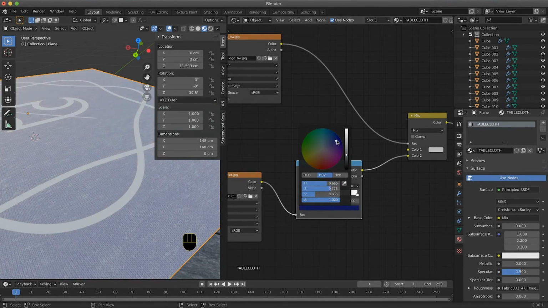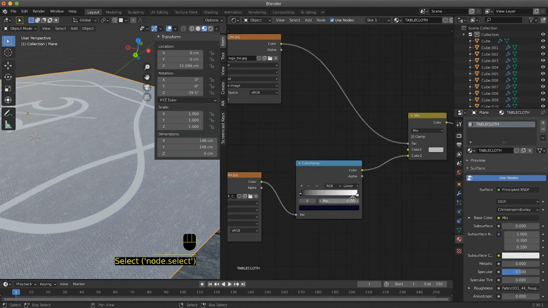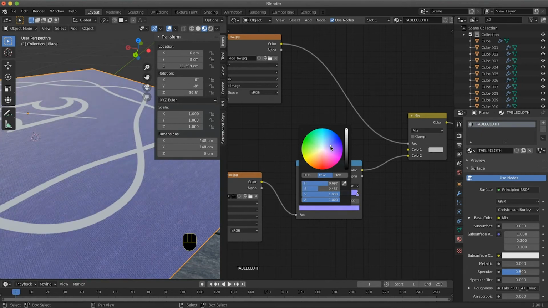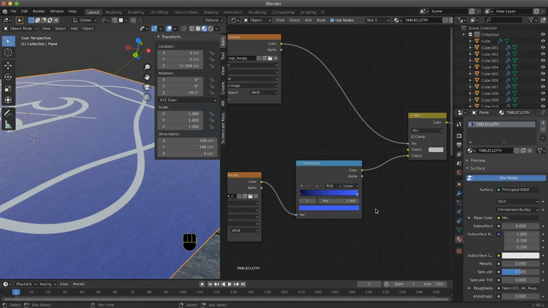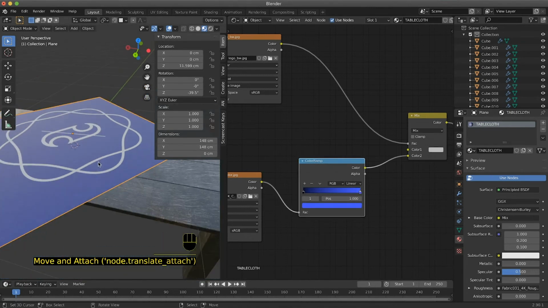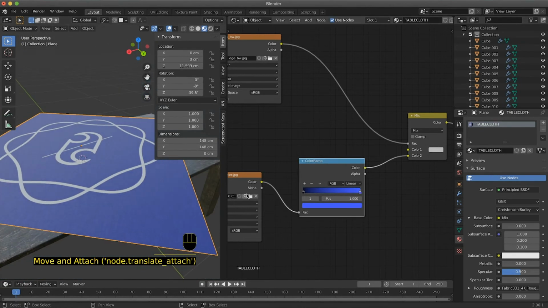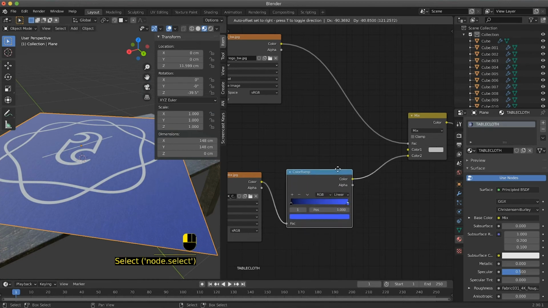I would go to a more bluish material, and change it later just in case.